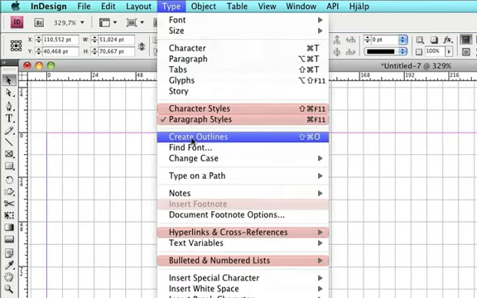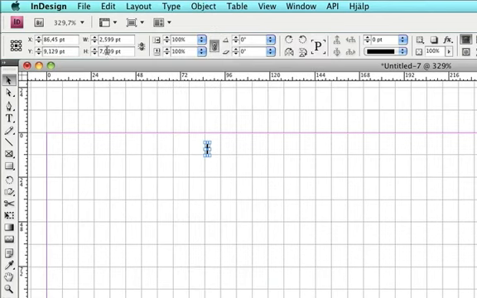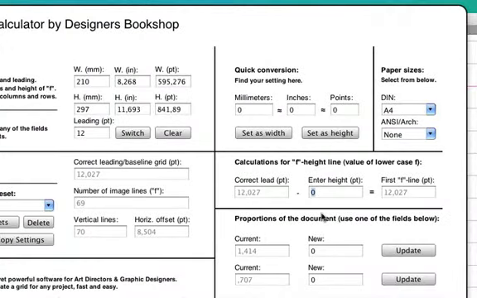and then I'm going to go to Type, Create Outlines, and what I need to do is copy the height of that and go back to Grid Calculator and simply paste it in, and it gives us a value for the first F line as 5.018. So let's copy that